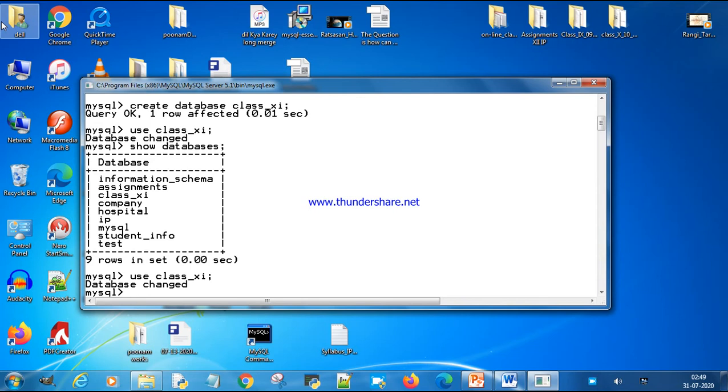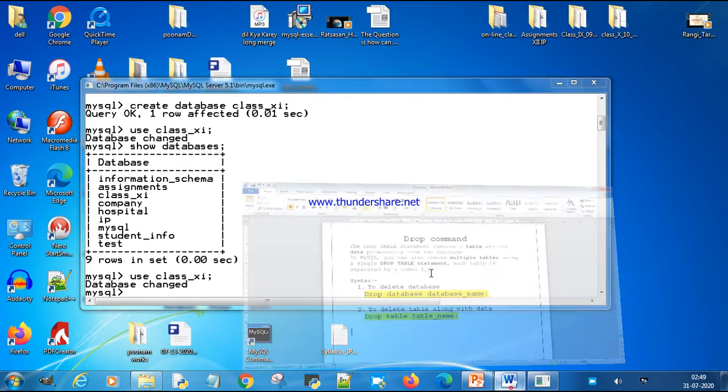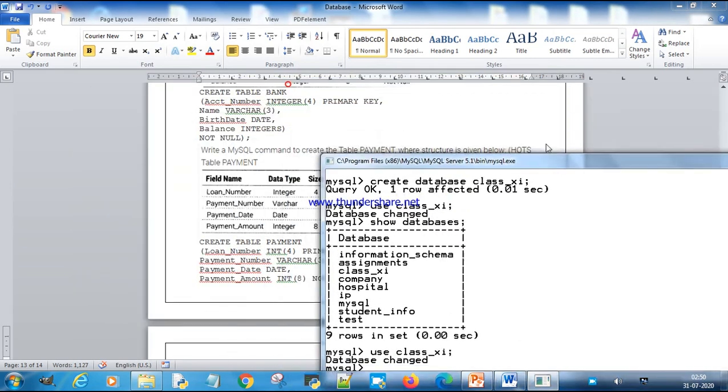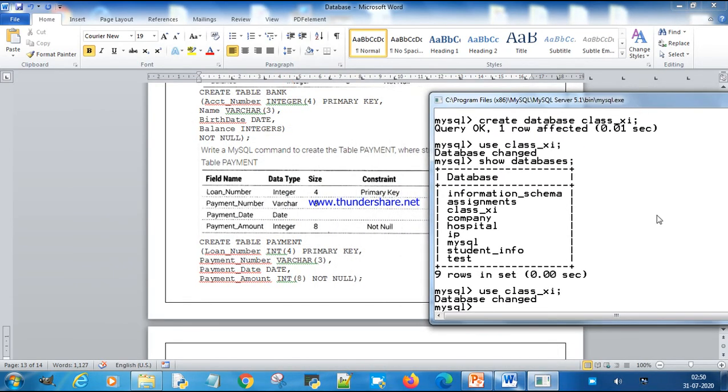Let's create another table, this one, payment table. Create table payment.